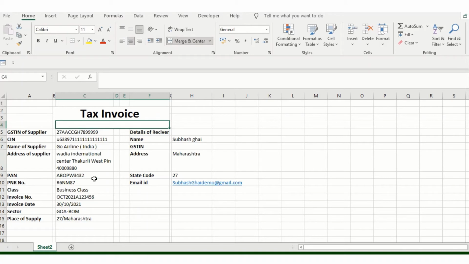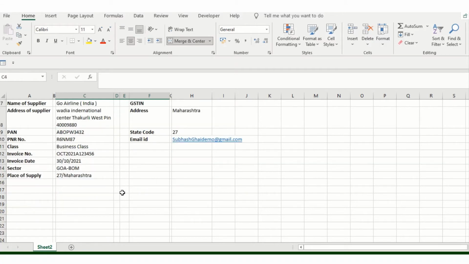Okay, add original for receiver. Okay, this is basically your receiver copy, correct. And then we'll keep the entire thing like this only, correct.